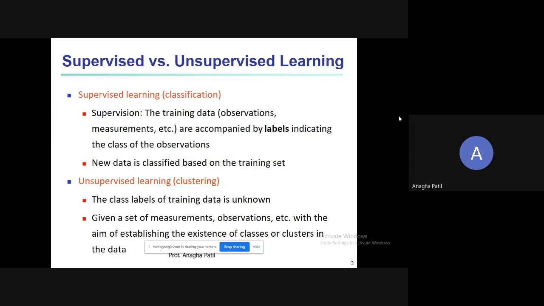We'll see an example of clustering, and we'll learn about clustering in the next video. So basically, there is supervised and unsupervised learning. Classification is the technique which falls under supervised learning. We'll see how and why. Similarly, clustering is a technique which falls under unsupervised learning.